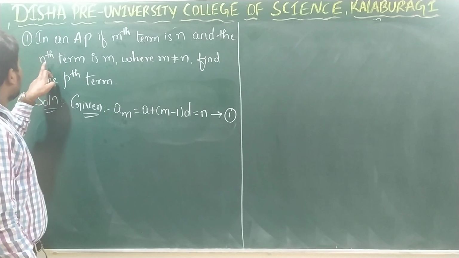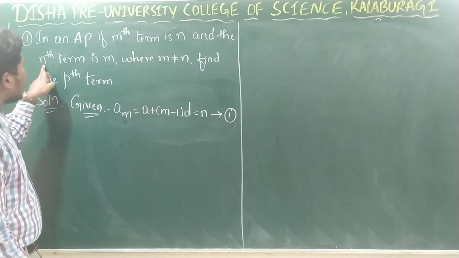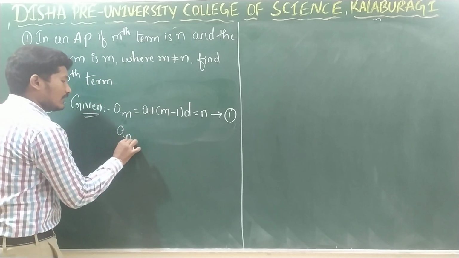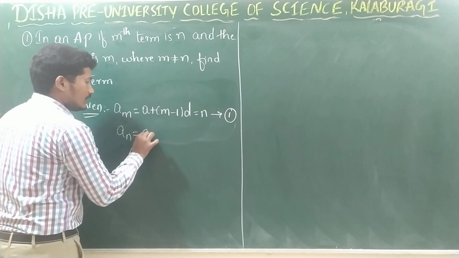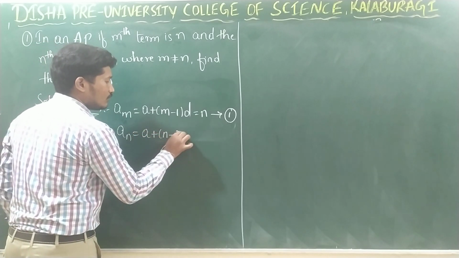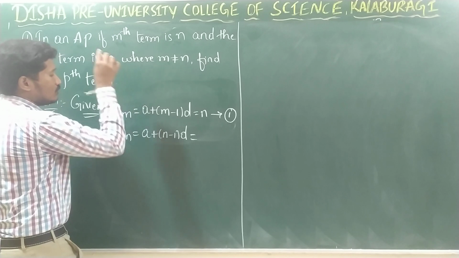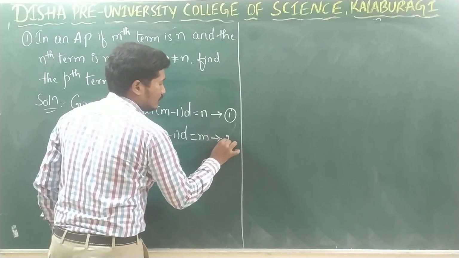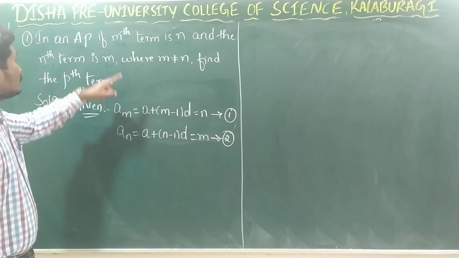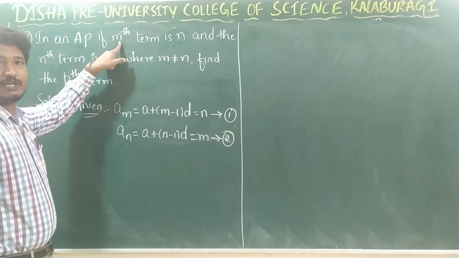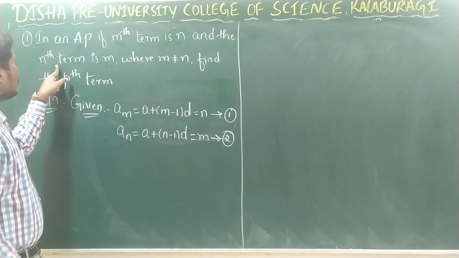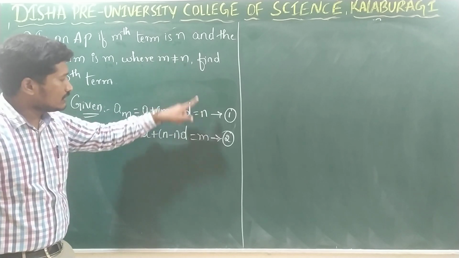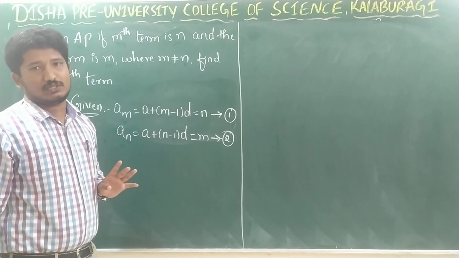Next. We are also given the nth term of the arithmetic progression. Nth term means what? An is equal to a plus n minus 1 into d. This is given as m. So let us take this as equation number 2. So we are given the mth term of the arithmetic progression as n and nth term of the arithmetic progression as m, where m is not equal to n. That is, these two are not equal to each other. Now,